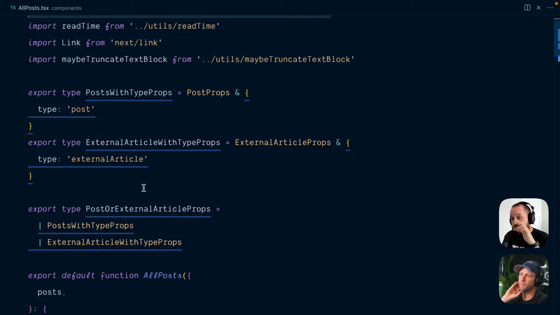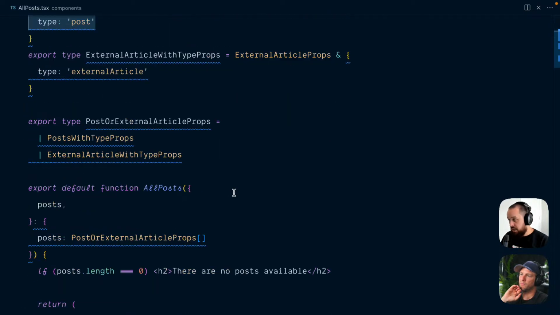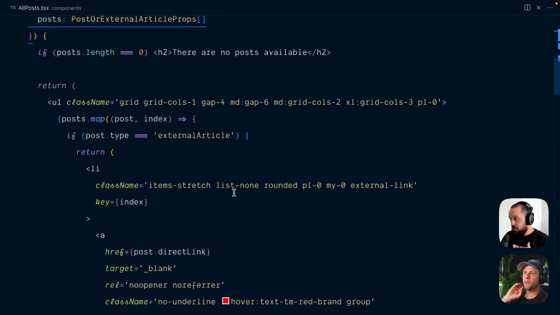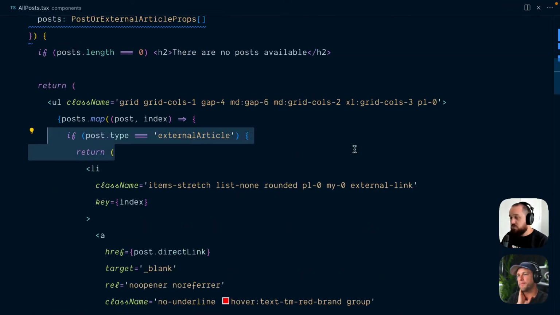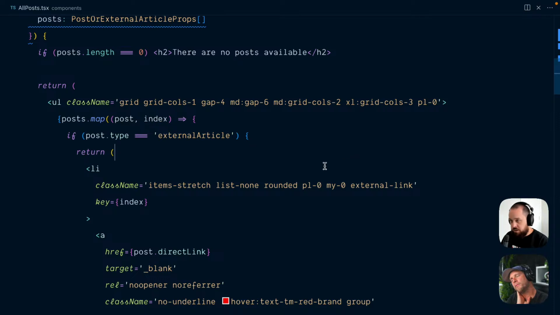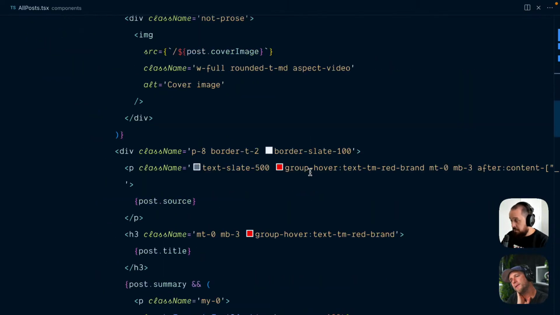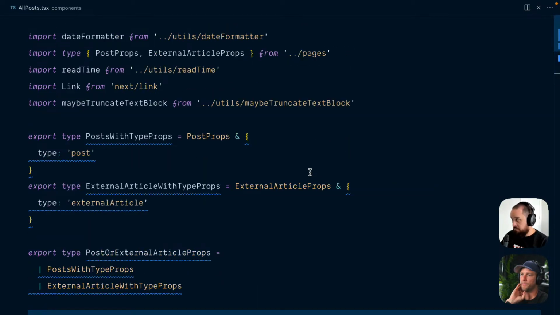So we're actually adding a type to it, of a post or external type. So in the map function down below that, you can go if post. Yeah, we're checking for what kind of type it is, then we know what component to feed it and what styles to feed it. Yeah. But if you go back to index,